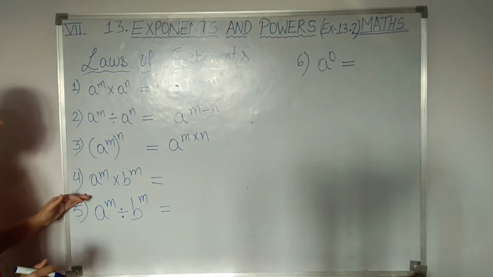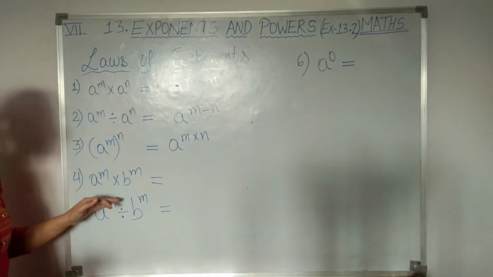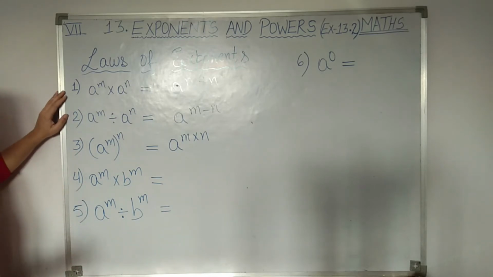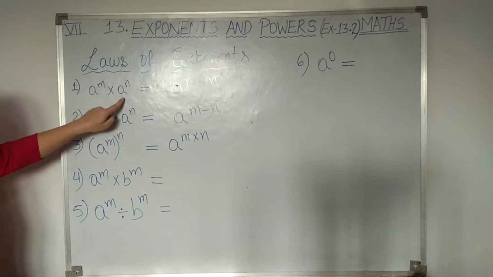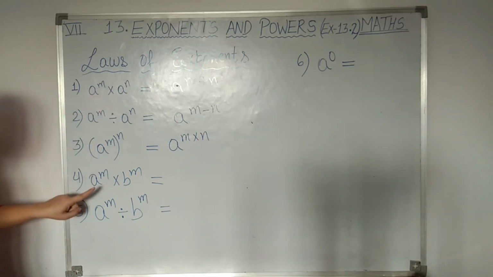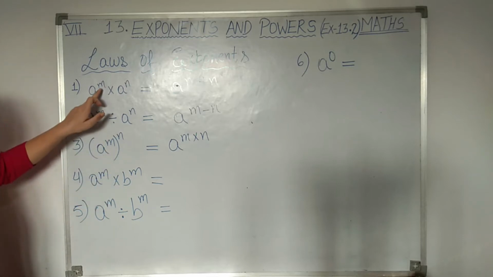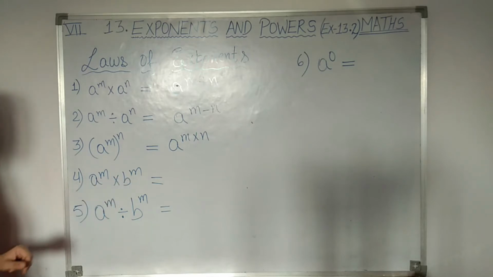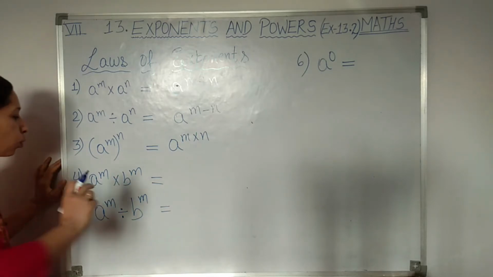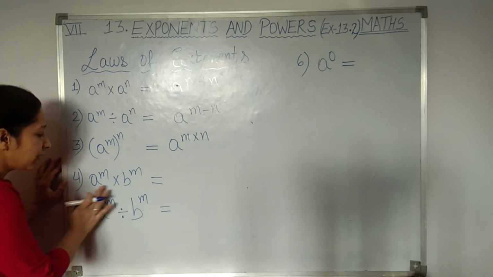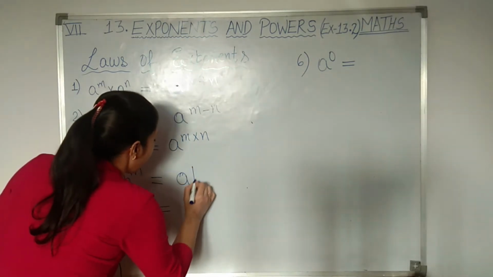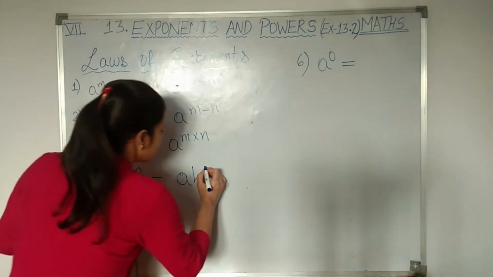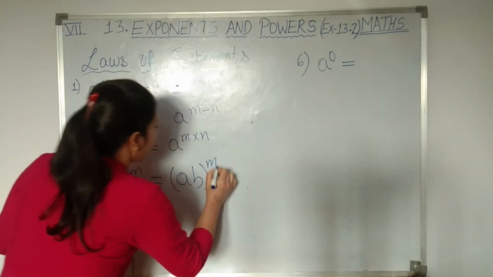Okay, the fourth law we are going to see, students. A raised to the power m into b raised to the power m. This law is like the first law only, but what is the difference? In the first law the bases were same, here the bases are different. Then in the first law the powers or exponents were different, but here you can see the exponents are same, isn't it? So what we are going to do, students, the bases will be multiplied with each other, so a into b will give ab, and the thing which is same, that we are taking as common. So here the powers or exponents are same, so we are going to write it as ab raised to the